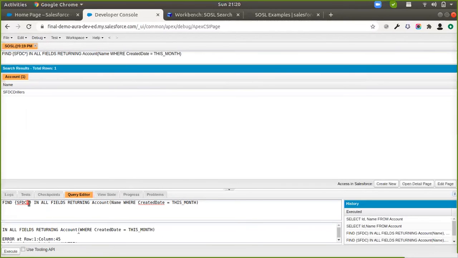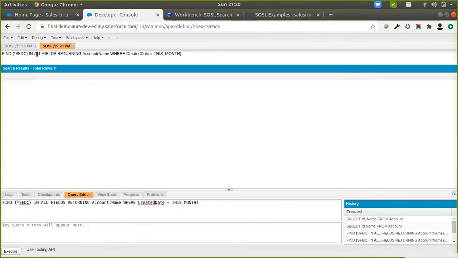Now to the star operator, this works like an autocomplete. What that means is this signifies the name could have any number of characters after this SFDC value. You can see that the account that got returned had the value of SFDC drillers. So SFDC matched and the star operator took up all the drillers text. So I can apply this at the start as well. And I remove this from the end. So then it will look for records which have SFDC at the end. So since we don't have any of those records, it returned me 0 rows.